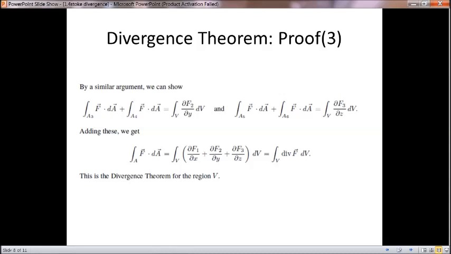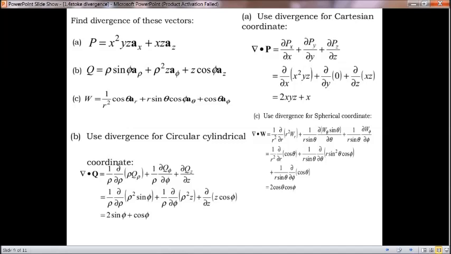So this holds the divergence theorem. This is the proof for the divergence theorem. So we can find the divergence for this; these are the problems with the divergence for Cartesian, cylindrical and spherical coordinate systems. We have to solve problems on the divergence theorem. We will share it in the next video. And next we have to move to Stokes theorem.